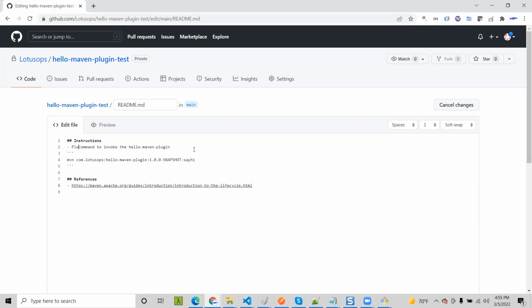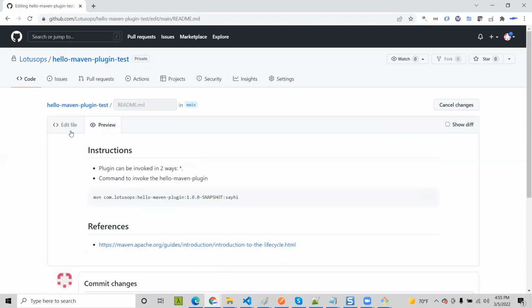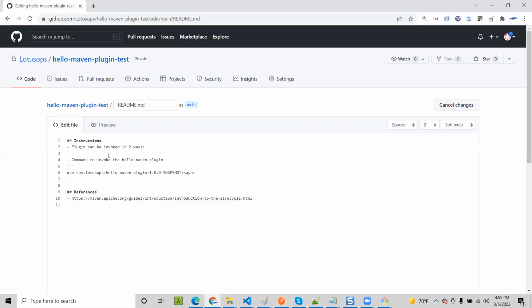Plugin can be invoked in two ways. First way, okay. What's the first way? Command prompt. From the CLI, following the